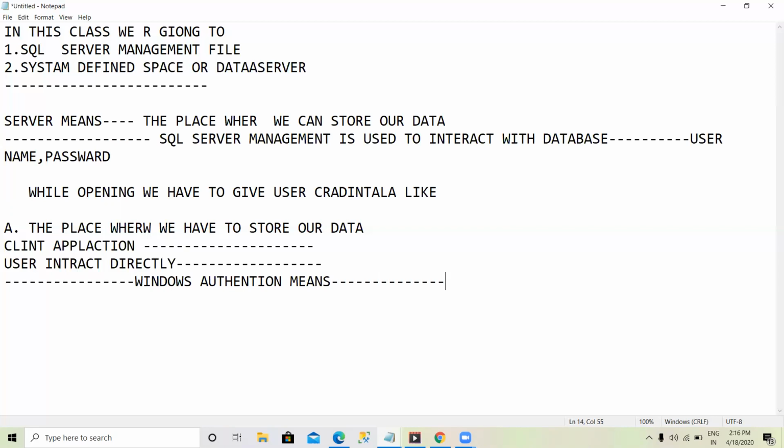The simple way I already said: there are two types of authentication, Windows authentication and SQL Server authentication.